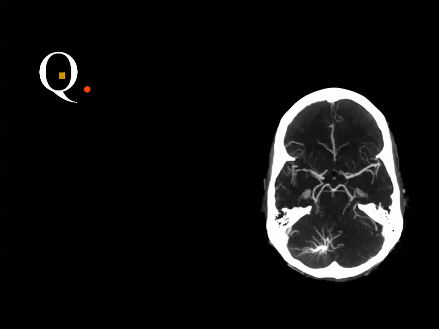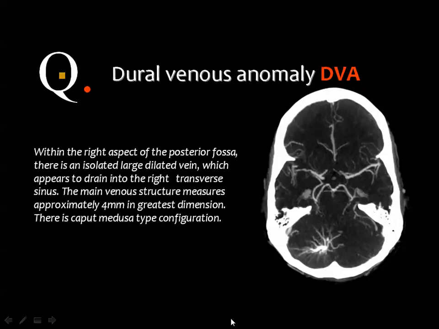Yes, very good. And you see, this is an axial CT angiography of the brain showing a spider-like appearance of a vessel, a tuft of vessels in the posterior fossa, mainly on the right cerebellar hemisphere, and this is diagnostic of developmental venous anomaly, or